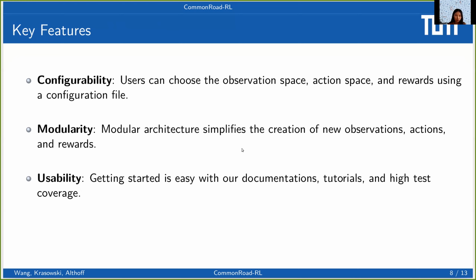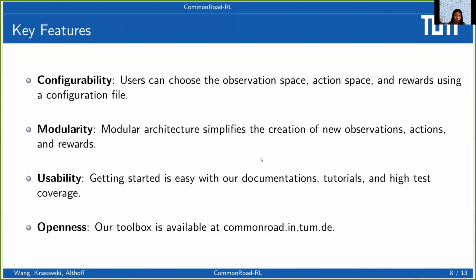Usability: we provide extensive documentation, tutorials, and unit tests to ease the usage of our package. Our toolbox is open sourced at our website, commonroad.in.tum.de. If you are interested in our tool, please check it out there.